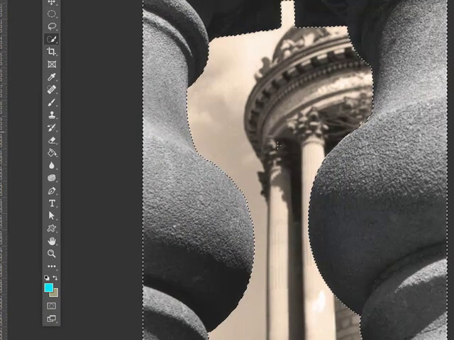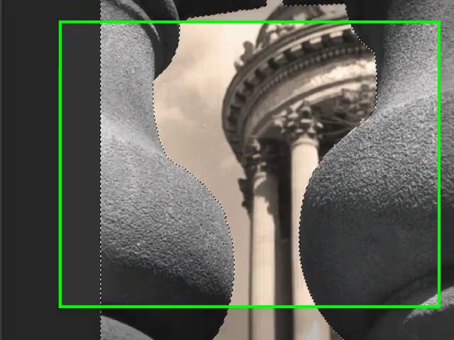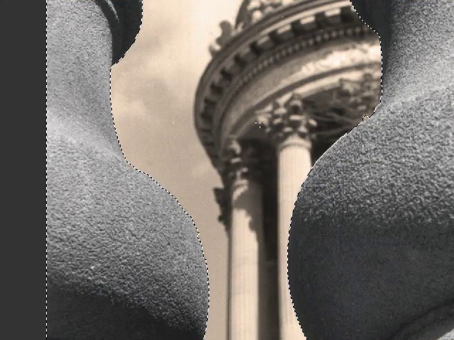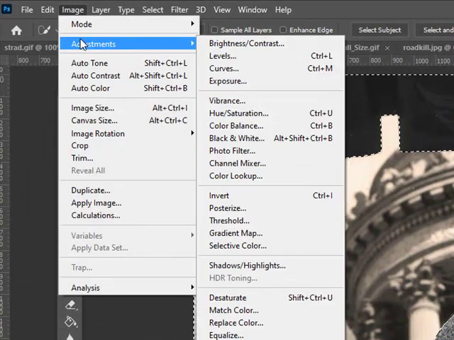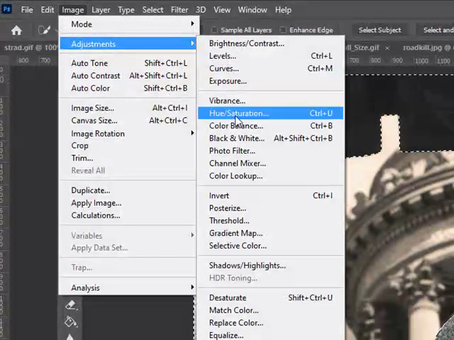So I only want the outside part selected. So I don't want to see these little marching ants in the sky, so it's just these columns on the outside. And then I could do all kinds of things. I could copy this and paste it somewhere else. I could paint over it. I could apply one of these different adjustments. So I'll do